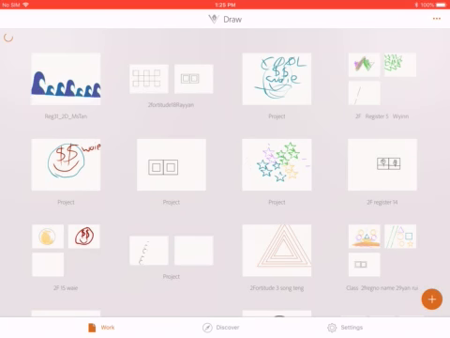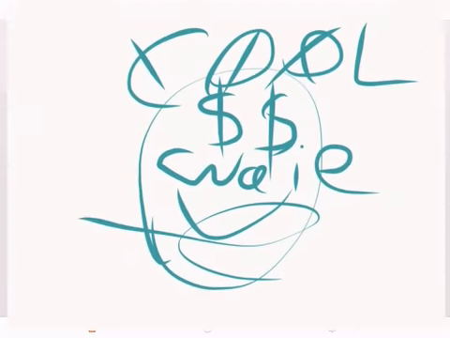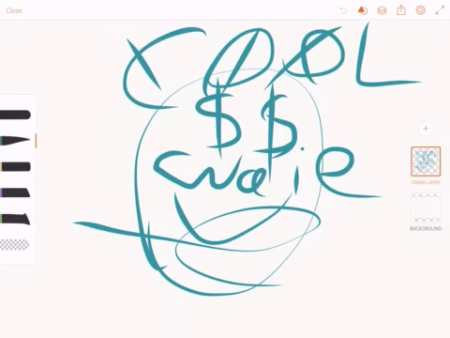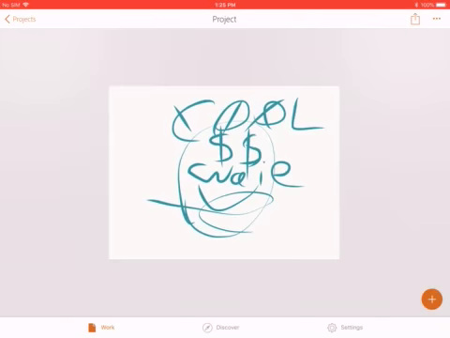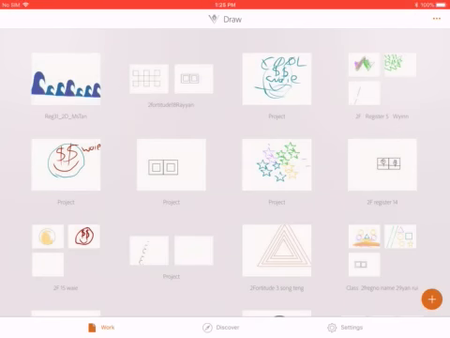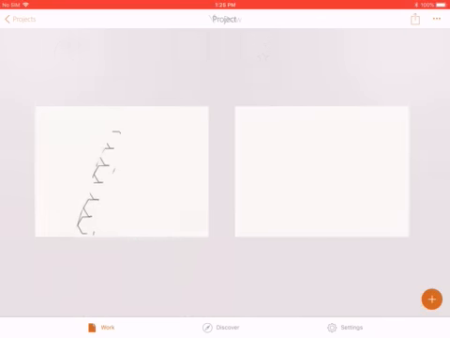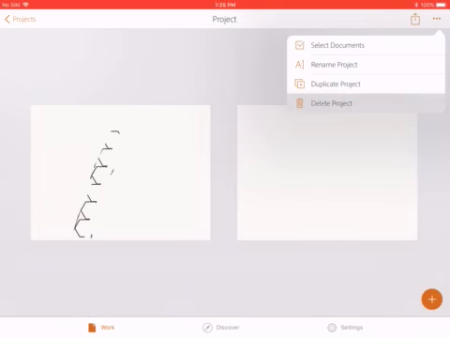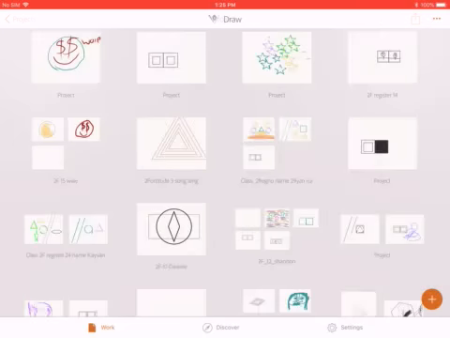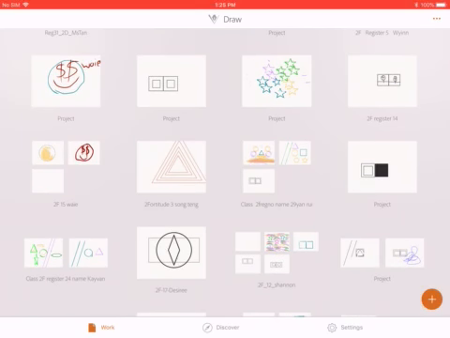What happens if you don't name your project properly is that I will delete it, so make sure you name your project. Like over here, if it's not named but I still see his name, I will still give it to him. Say for example, this is not named. I will actually delete your project away. So if you do not want me to delete your project away, make sure you have your name